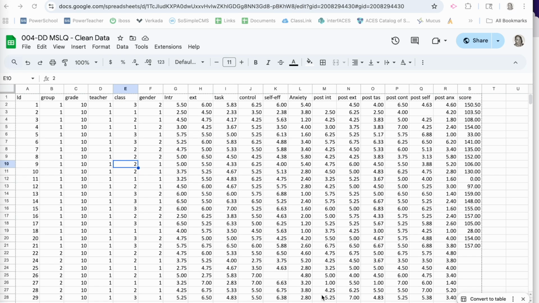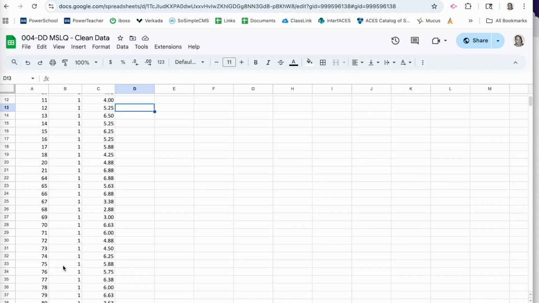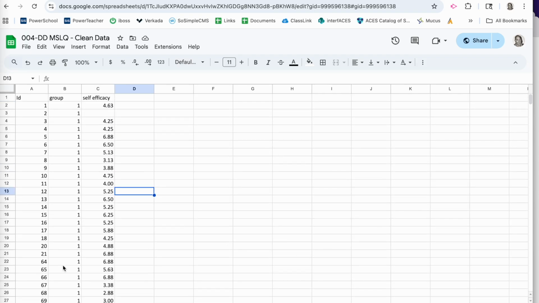Generally, you have a comparison group and an intervention group. That's what we're going to be working with today. On my MSLQ data, I have a t-test in class. That's the data I'm going to be using today. And I'm going to be taking a look at Group 1 and Group 2, which is students who are in an aquatic science class and an advanced placement environmental science class, comparing their results on a self-efficacy scale of the